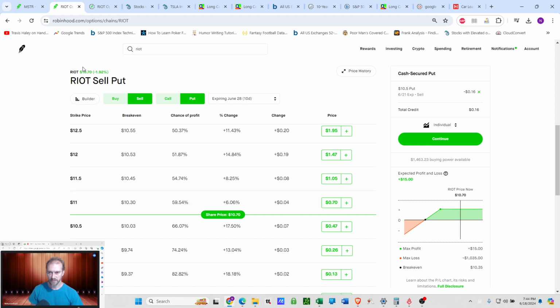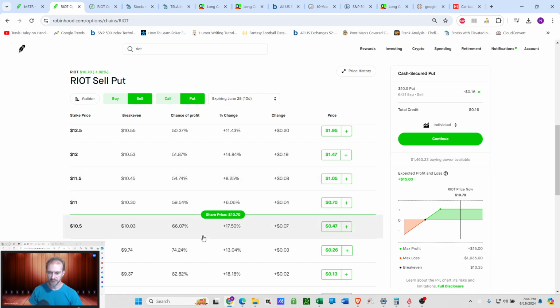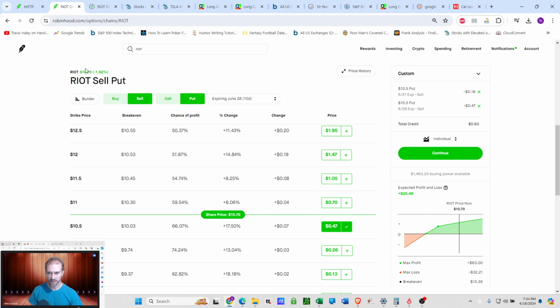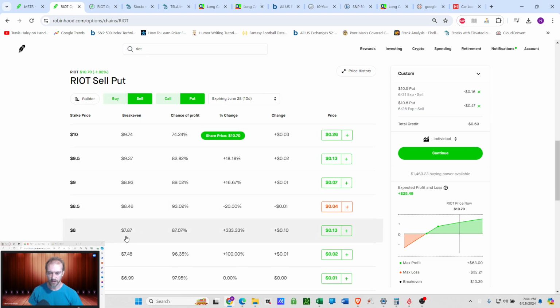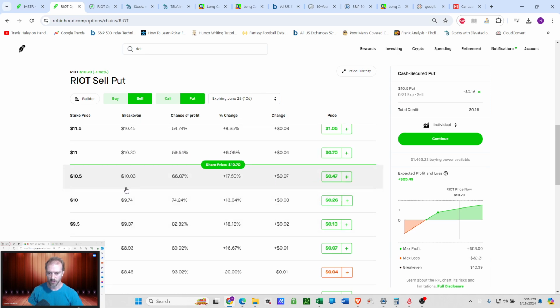So if the price of Riot continues to go up forever, then every week you're just going to be selling puts every week. Sell a put, sell a put, sell a put, and you're just going to keep pocketing this money, and you'll never actually get to step 2. However, eventually you're going to sell this put and the price of Riot is going to go down, and it may go down hard. It could go down to $8 a share, whatever. And you'll be forced to buy these shares at this price. Once you own the shares,